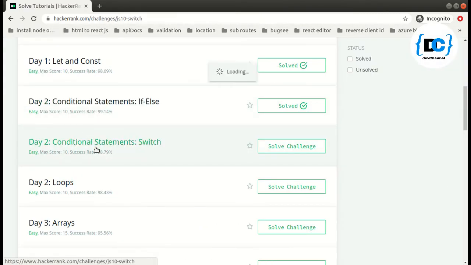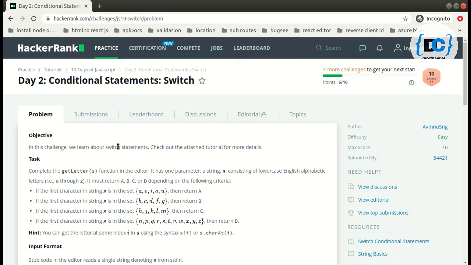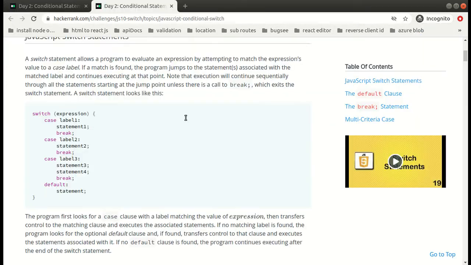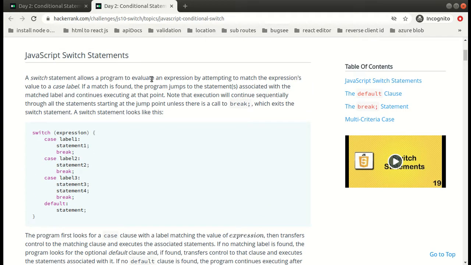We have the switch statement as our second question. This is our switch statement. I will not go into the details, but in this switch statement we have this expression, and we have these labels, different cases, and the code only executes if the label matches this expression.